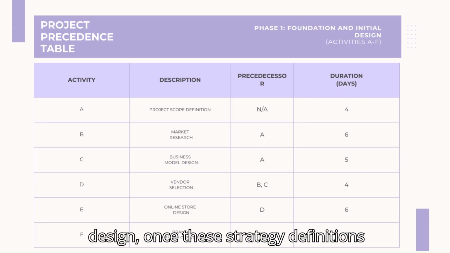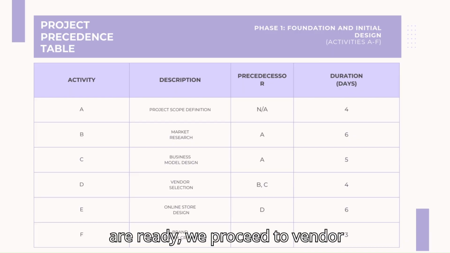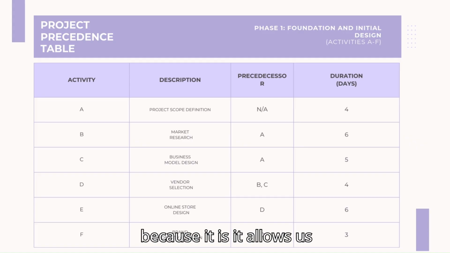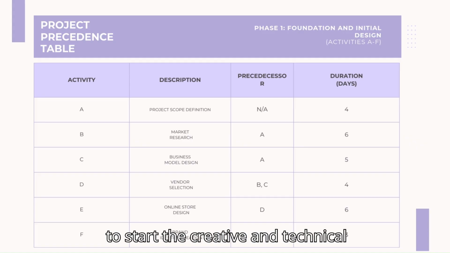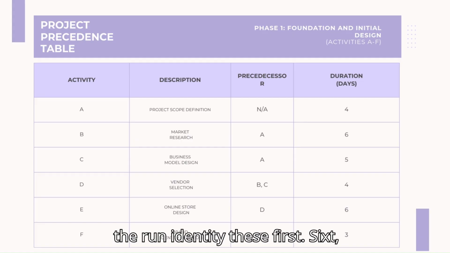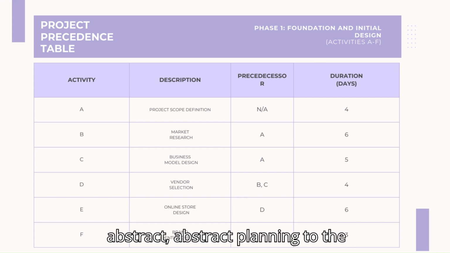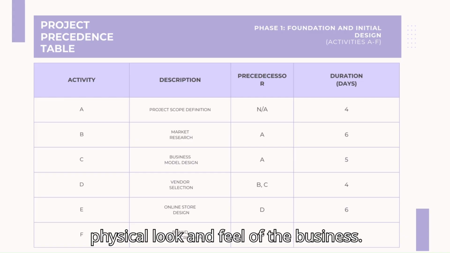Once these strategic definitions are ready, we proceed to vendor selection. This milestone is crucial because it allows us to start the creative and technical build, the online store design, and the brand identity. These first six activities represent the transition from abstract planning to the physical look and feel